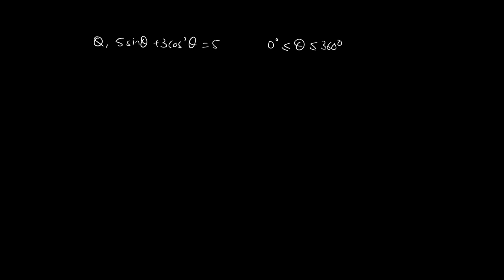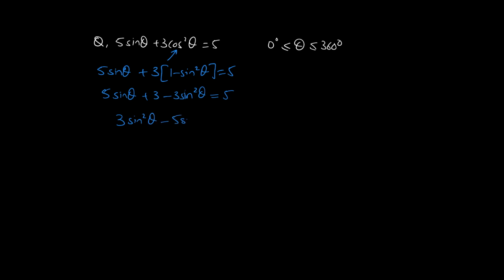Yes, so in this question you have to replace cos square, right? So your equation will become 5 sin theta plus 3, and you replace cos square with 1 minus sin square theta equals 5. So 5 sin theta plus 3 minus 3 sin square theta equals 5. Rearrange it, simplify it, and you get this,